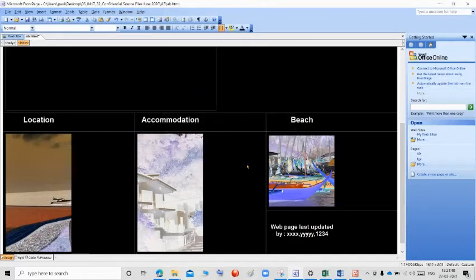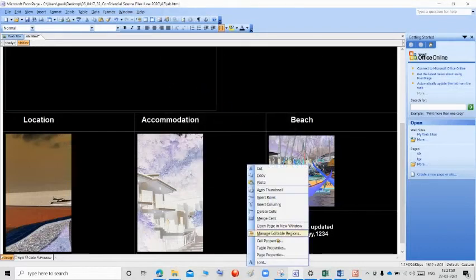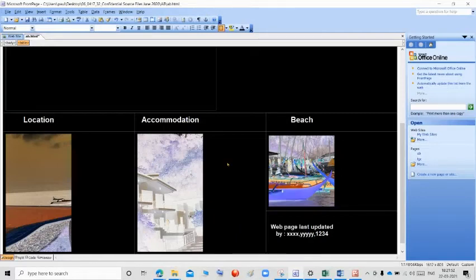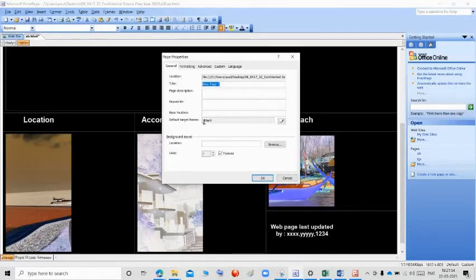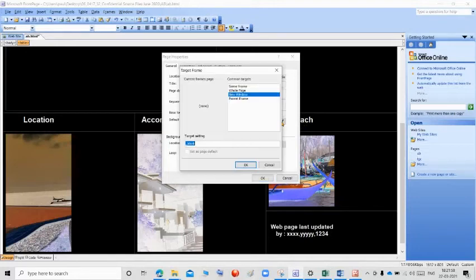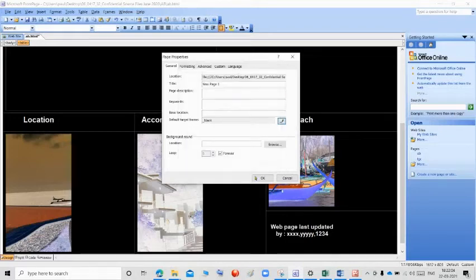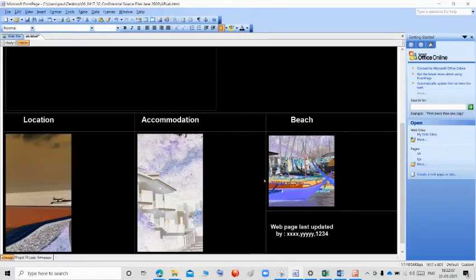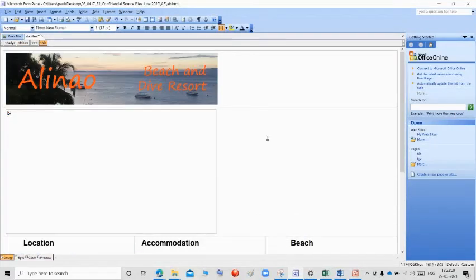So first you select the table, right click, go to the page properties, click this arrow in the default target frame and select new window, and the name will become blank. Click OK. So this is the way we set the default target.